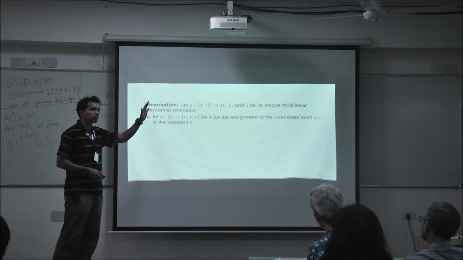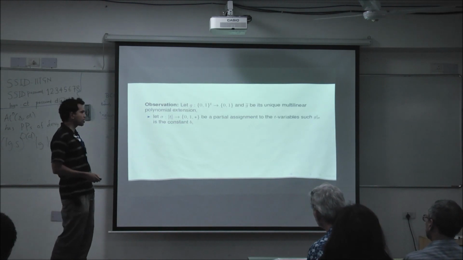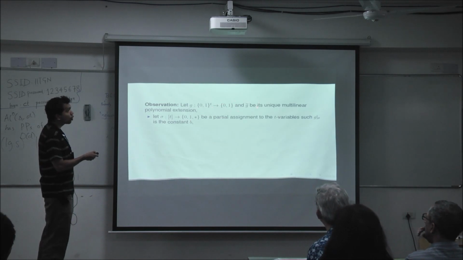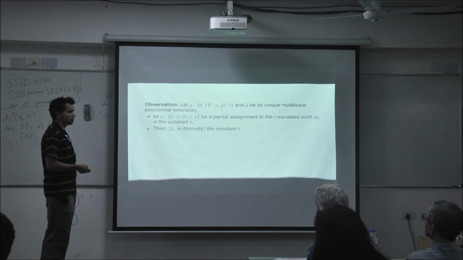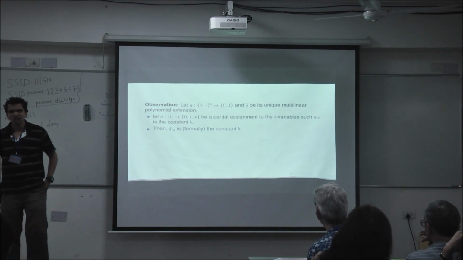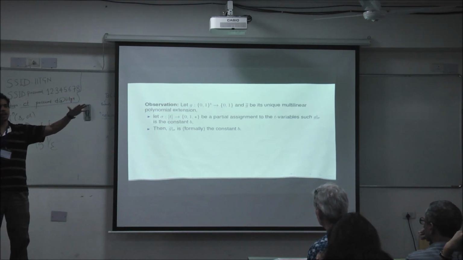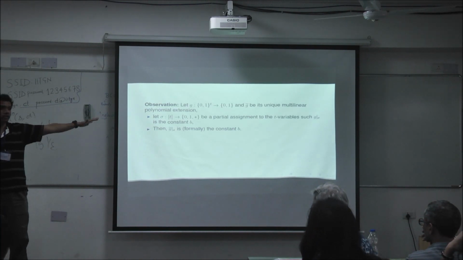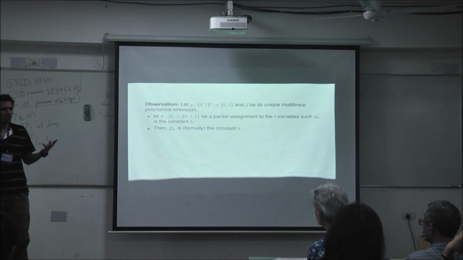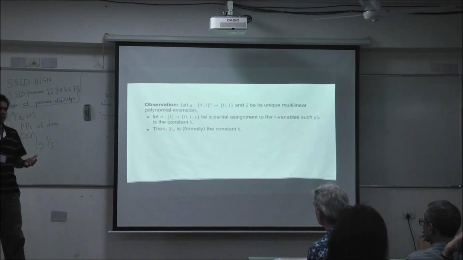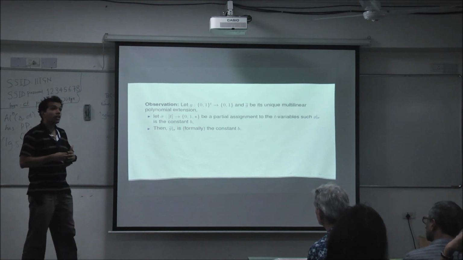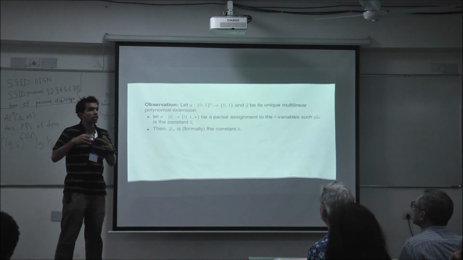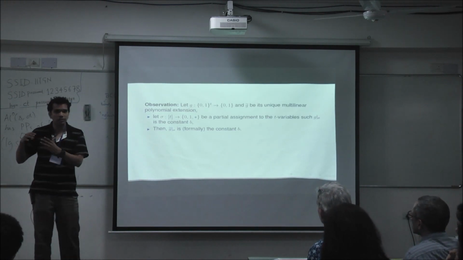In majority, it could be half of them set to 1, half of them set to 0. For a general Boolean function, that is something. Right? So what this restriction does is that it also collapses the multilinear polynomial to a constant. The multilinear polynomial is just some horrible algebraic object, right? Now you're setting some of the bits to zeros and ones, and what you know is that this collapses the Boolean function to a constant. But you can show without much work, just going back to the unique representation theorem we got in the tutorial, that once the Boolean function collapses to a constant, the multilinear polynomial representing the Boolean function also collapses to a constant.